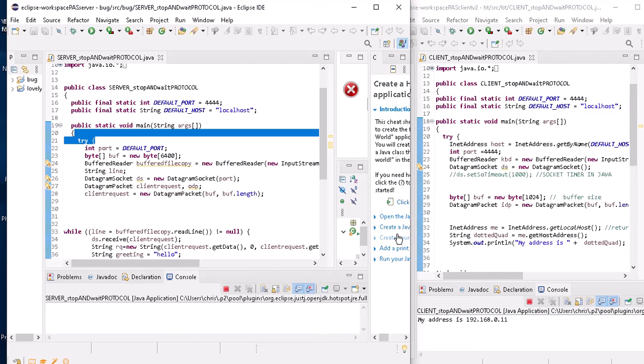Hello. What I have here on the left hand side is a Java server, and on the right hand side I've got a Java client. The server is prepared to send the client what is actually rather a long file, and the client, on receipt of a single line of the file, is going to send back to the server an acknowledgement, just to let the server know that the line has actually been received by the